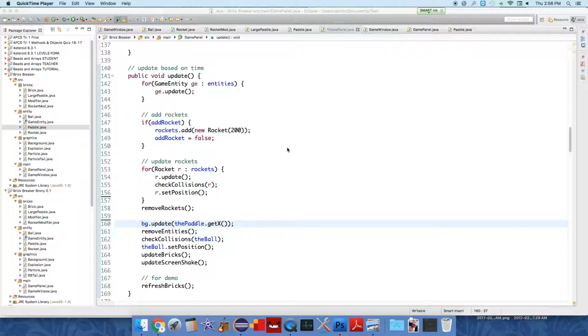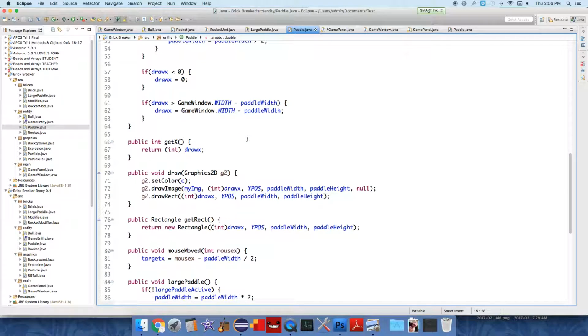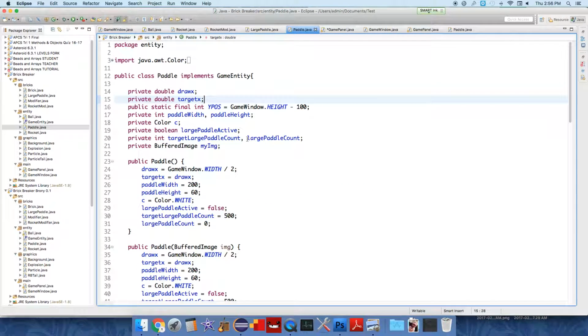In this video, we're going to start to make the paddle actually fire the rockets when certain things happen. So we're going to be working in the Paddle class for a little while. So open that up, please, and we're going to add a field to keep track of how many rockets the